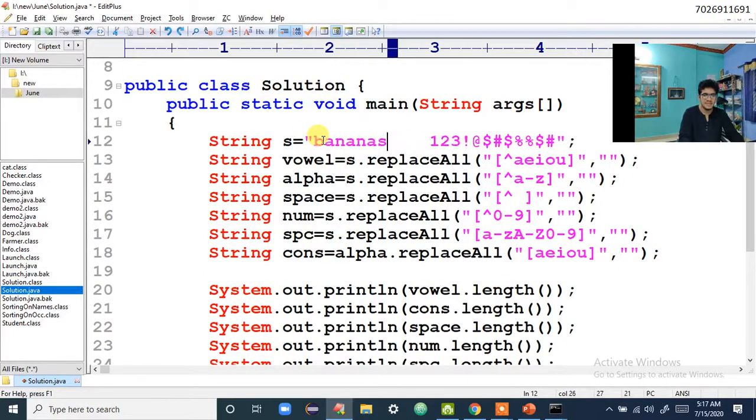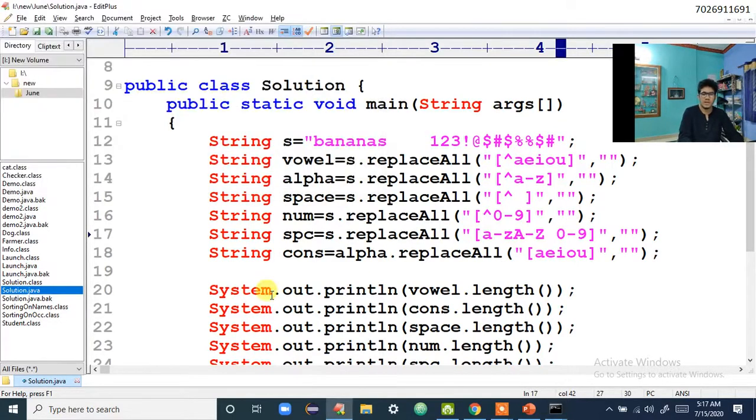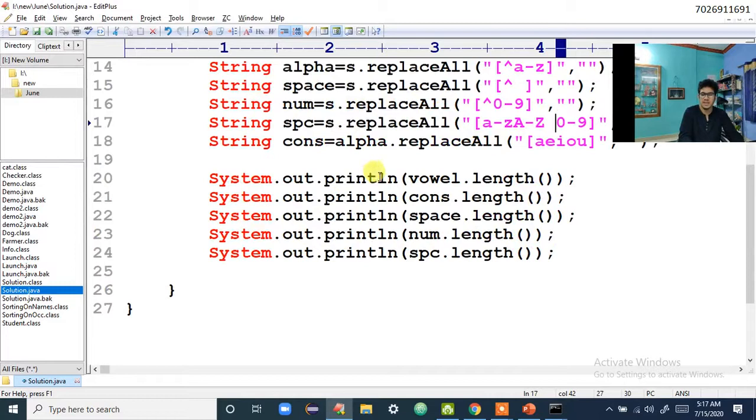Let me bring back the string here and let me give one space here. Now spaces can be there or spaces can be here also, no problem. Anywhere you can write the spaces. So I'll compile and execute. See, as you're noticing, we got the output. And definitely you can format this string by telling the vowel count is